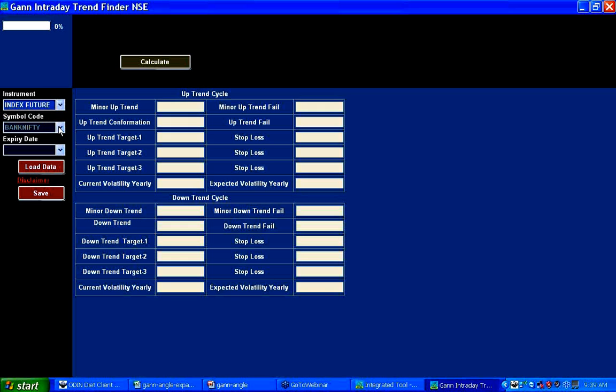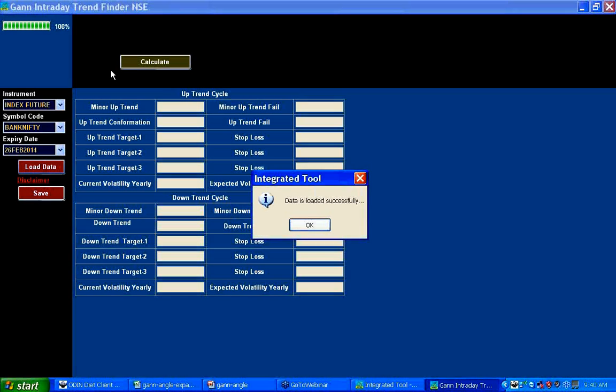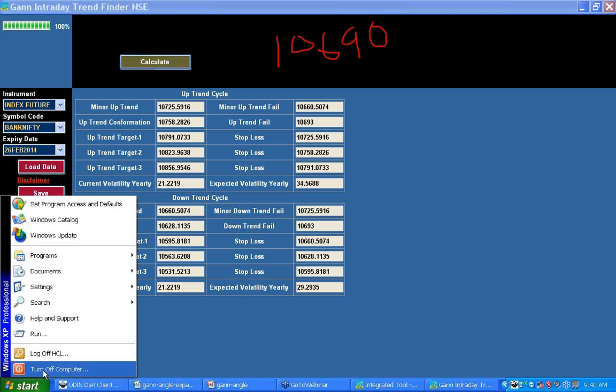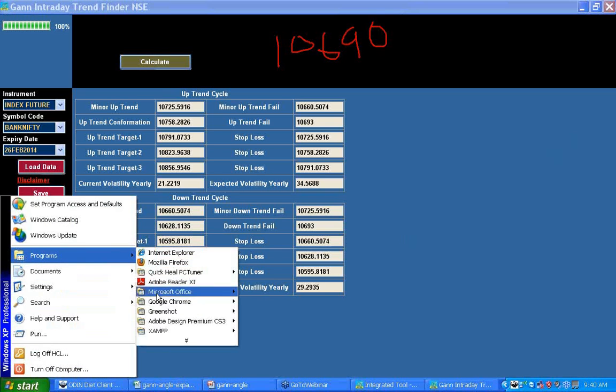Suppose I am going for index futures, Bank Nifty, 30th January, and I am taking the 26th February settlement. Let me see what trend it is telling me. You can utilize it for trading also. It is telling me the minor uptrend is 10,725, and I will put the current price here also. 10,690 is the current price. So this is the value it has given you, along with